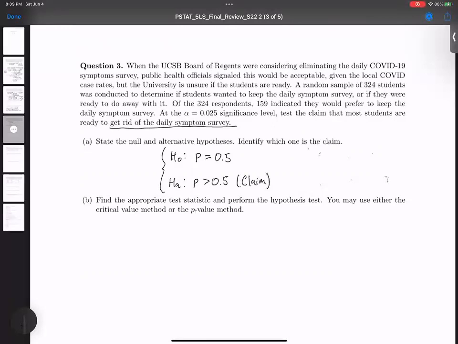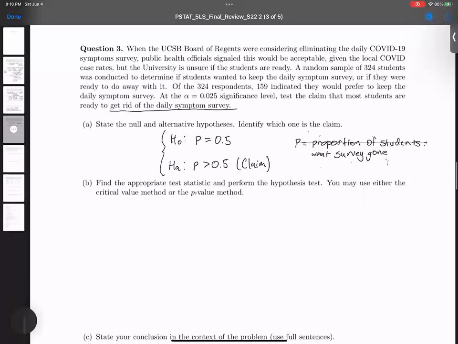Why I am emphasizing this is we have to make a note that P is the proportion of students ready to get rid of the survey, that want the survey gone, as opposed to the other way around, the proportion of students that want to keep the survey. And that's important to note so that we do the right